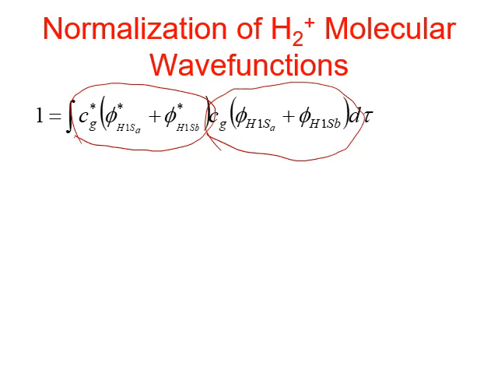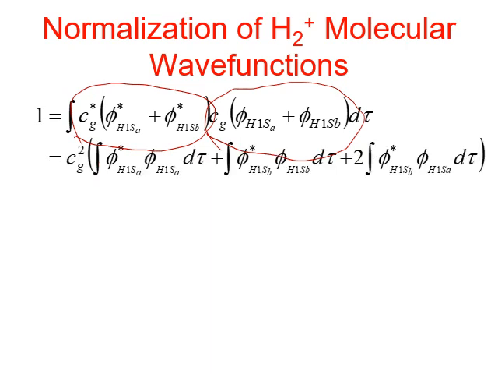So expand this product, and we notice that the first term is just the normalization for wave function A, so that's 1, and this is the normalization condition for atomic orbital B, and so that's also 1. And notice the third one is a product of two different wave functions. One is